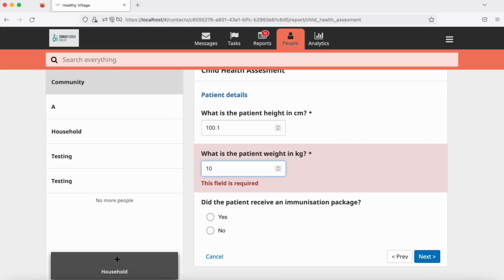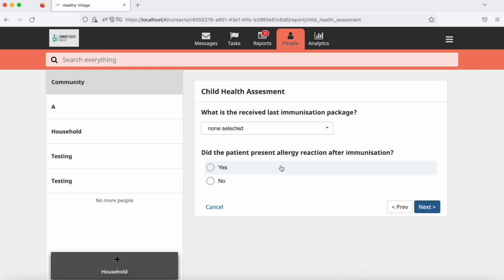So let me put some data over here, and you can see this field over here, this question, did the patient receive an immunization package, does not have the asterisk sign, which means this is not required. So if I move forward,